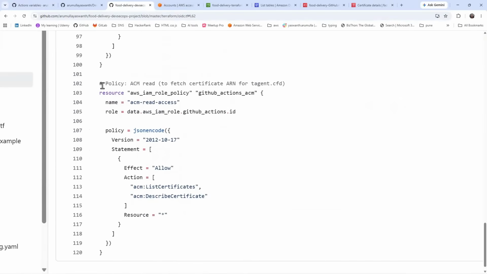And next, the certificate manager. I'm listing the certifications to check whether the certificate is there or not, and describing the certifications. Two policies I'm giving. Here we created the certificate manager, and for this certificate manager the CNAMEs we are unable to create at that time